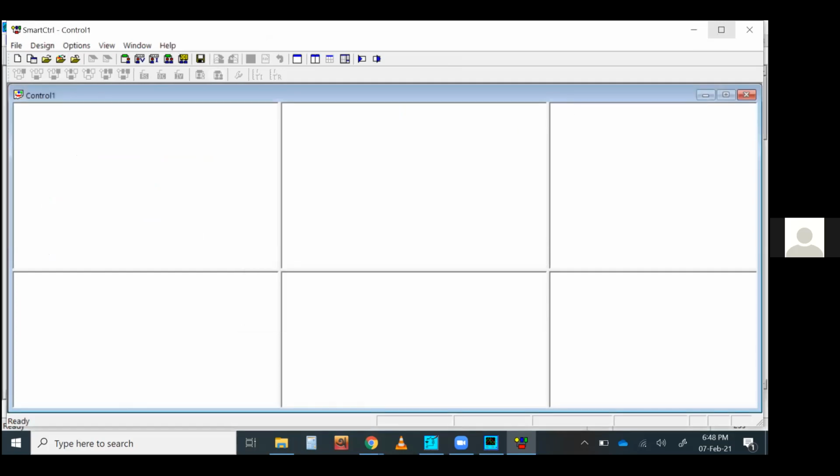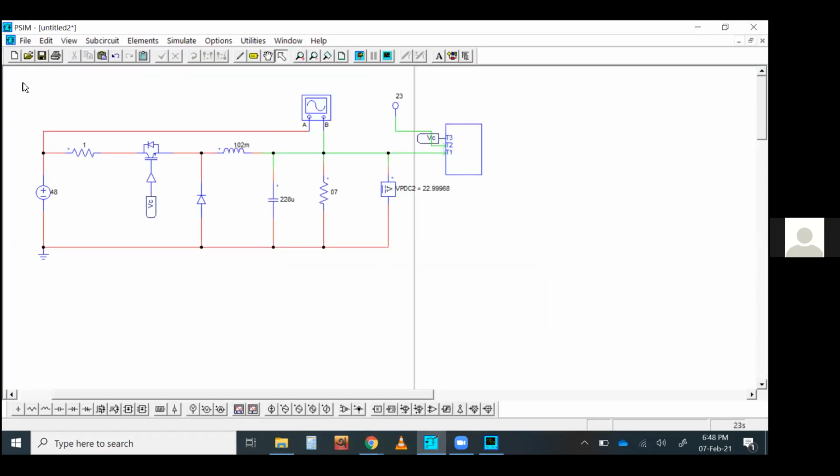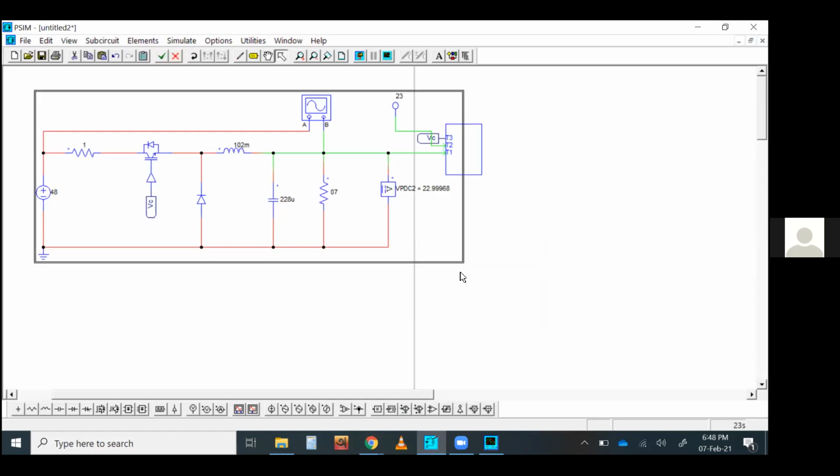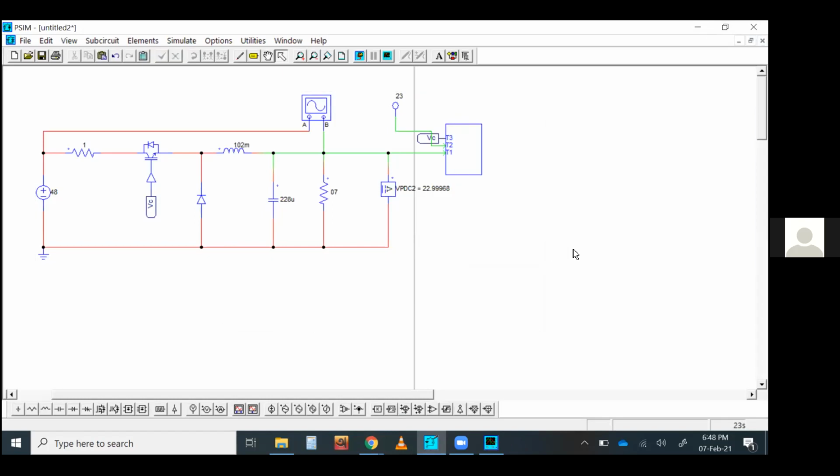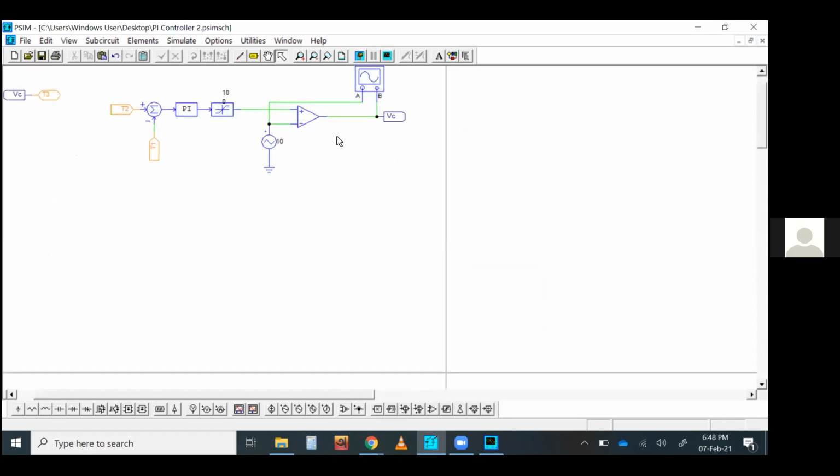I will start it later. So this is the basic thing of how you are going to use this DC converter simulation. Now say for example, you want to fine tune the controller. In this circuit, we have designed this controller with some random values. We didn't do any fine tuning, just random values. But if you want fine tuning, then this smart control block is what you can use.